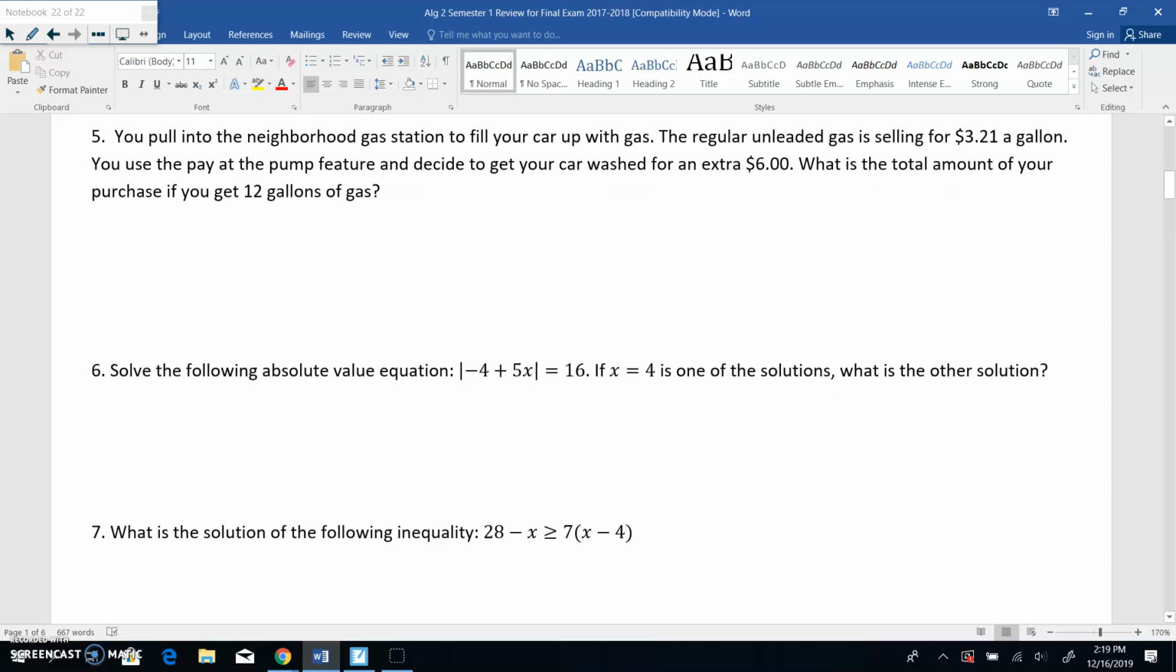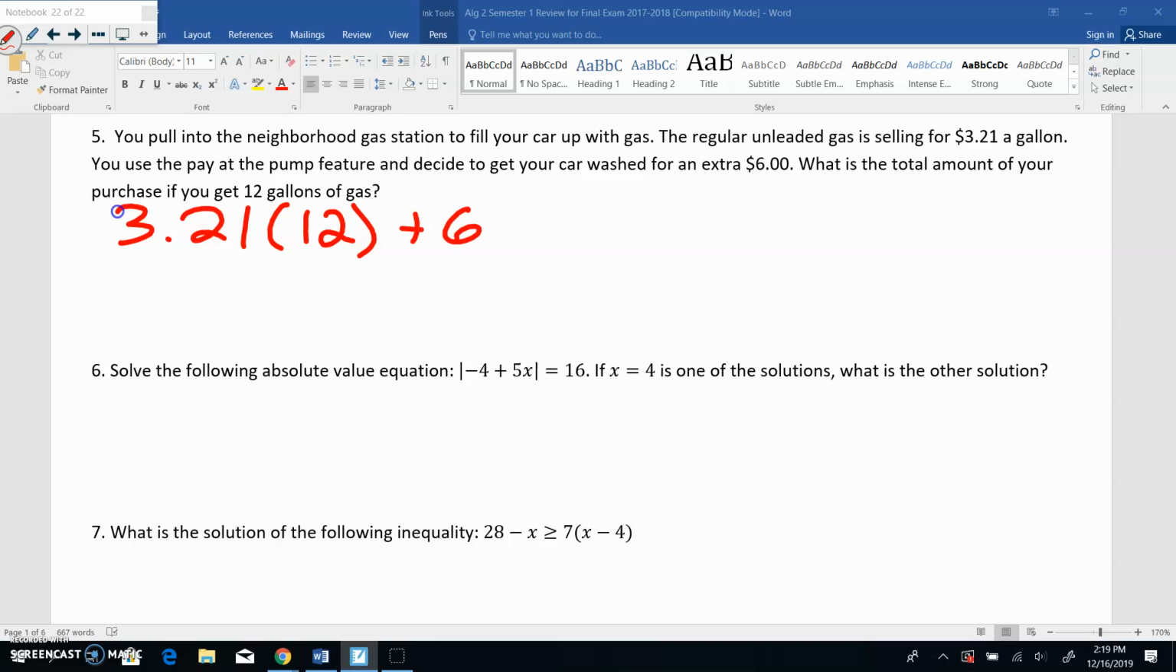We go to a gas station. All right. It looks like they're selling gas for $3.21 a gallon. Later on in the problem, it tells me I want 12 gallons, so I know I'm going to have to multiply this by 12. And then finally, it says I want to add a car wash out of that. That costs $6. Okay. So it's a calculator problem. Just type in 3.21 times 12 plus 6, and you should get